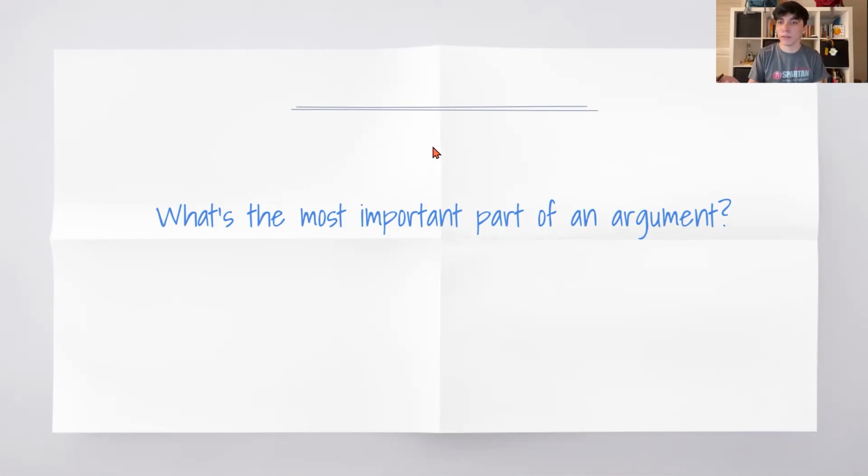All right, now that you've done that, I already gave you some that might be more important, but let's say you chose evidence. If you chose evidence to be most important, you probably said something like, I believe evidence is the most important part of an argument, because without evidence, your claim is empty, and people might not listen to you if you don't have things to back your claim up. Also, it's important to have good evidence. You can't just have evidence. You have to have good evidence.